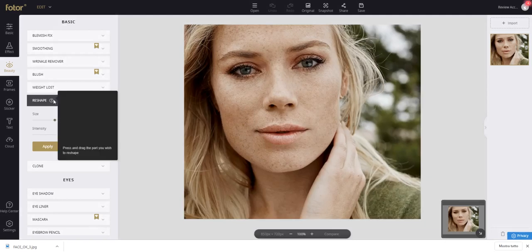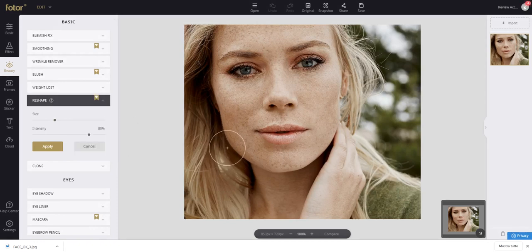And there is also this. This is very interesting. It's a reshape. Have a look at this. You have to be careful. You can achieve different results with such a reshape tool, because if you're going to play with this, you need to be careful because it will distort your image. And you can create some sort of even funny image, I would say, because if you're going to play with the eye, for example,